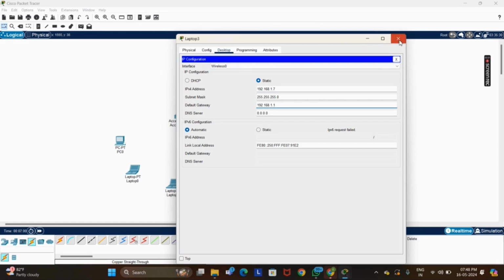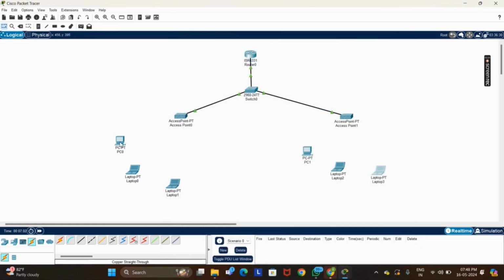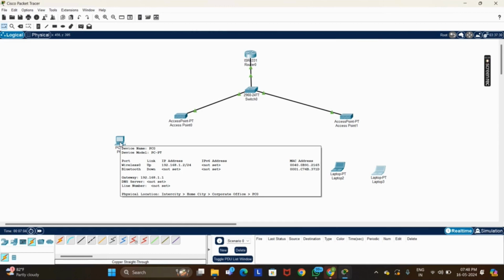So we are done. So we can check that. So now it has come to our configured IP address. So 1.2,